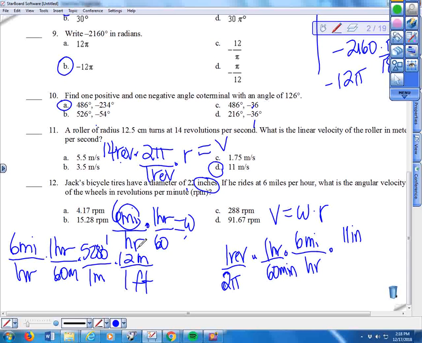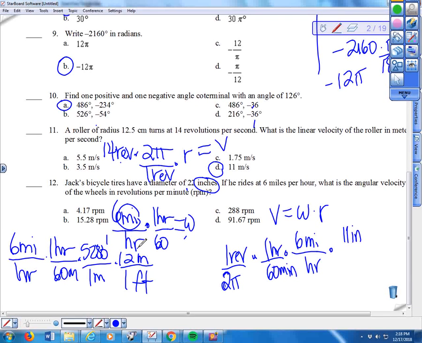Then I'm going to divide that by 11. You get 6,336, times 5280 times 12 divided by 60. 6,336 is my velocity. And I divide that by 11, and that gives me 576, but that's radians per minute,